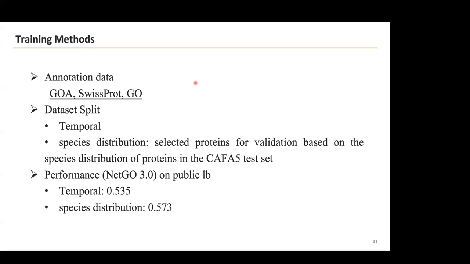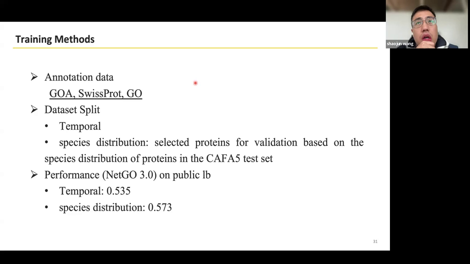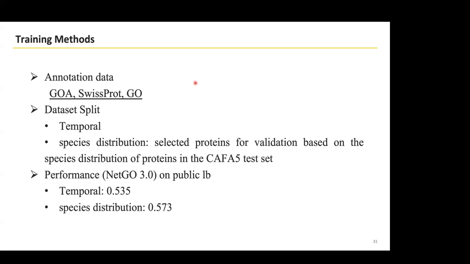So I guess my question is this. The experimental GO annotations which you use for training and testing come from literature, right? And then you also use the same literature to train your model. So I feel this is kind of circular logic.